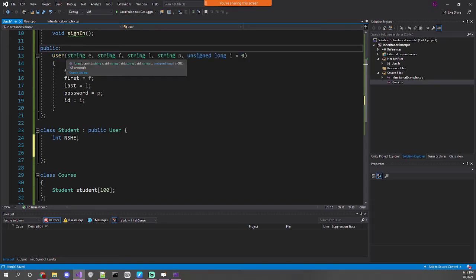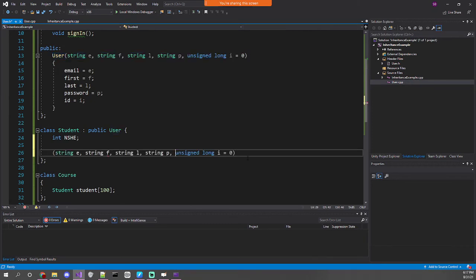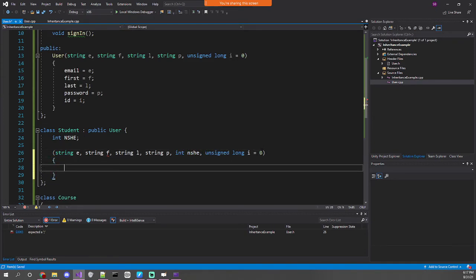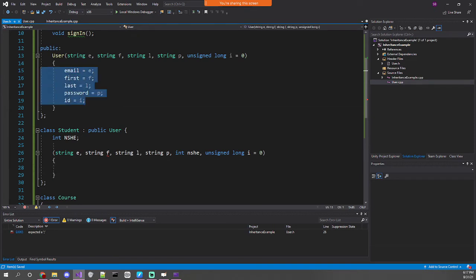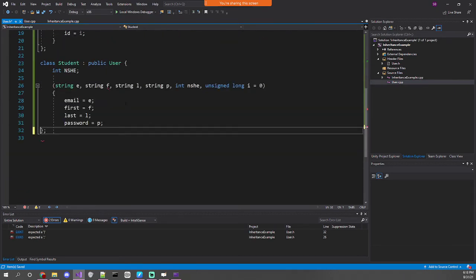So I'm going to take this same argument list really quick, but I'm also going to throw in an int here for the nc. I'm just going to do it in lowercase. And I could just copy and paste all this, right? And say, well, let's make the student's email E and the first name F, and copy all of that over. That'd be totally fine, but I'm not going to do it that way. What I'm going to do instead is,